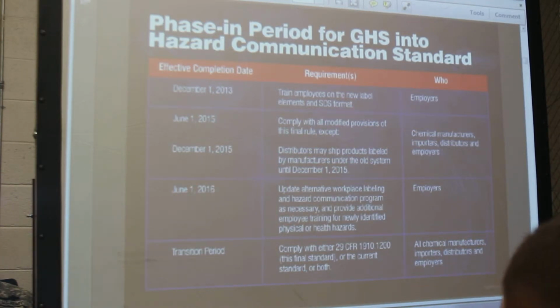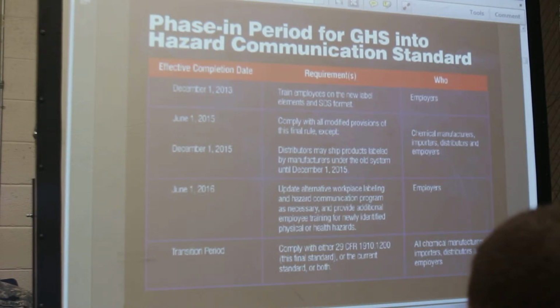Phase-in period for GHS into the Hazard Communication Standard. Effective completion date, December 1st, 2013: train employees on the new labeling elements and SDS format. This applies to employers. June 1st, 2015: comply with all modified provisions of this final rule, except chemical manufacturers, importers,